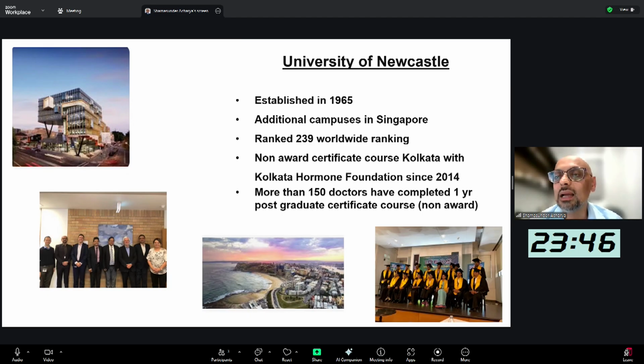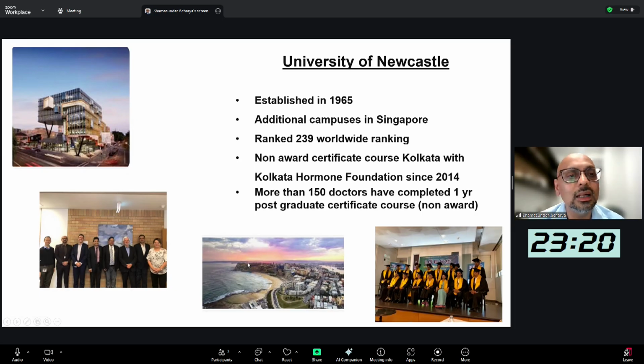And COVID times made us think very deeply about the sustainability of this program, which is taught face to face. How can we take this forward into an online digital platform which can reach not only audience in Kolkata but also across the globe? And this is the photograph, lovely photograph, when Anirban, Devmalu, and Somya visited us in Newcastle